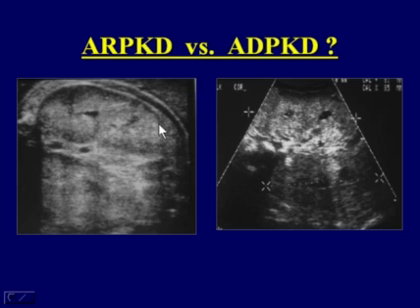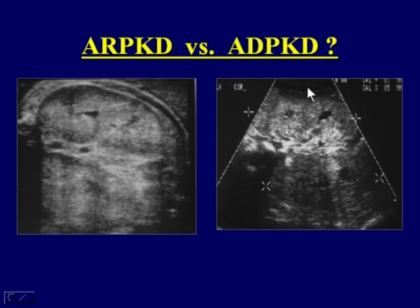Now, here are two patients. The one on your left is a fetal ultrasound, and the one on your right here is a neonatal ultrasound, both of which are demonstrating very large echogenic kidneys. It turns out on the left here is a fairly classic example of renal enlargement, mass-like enlargement secondary to autosomal